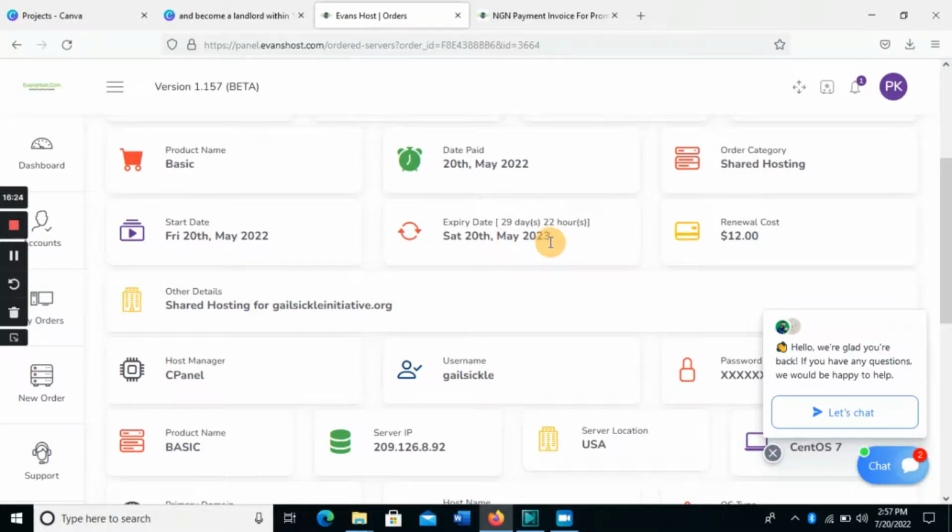Do you understand? It will expire 2023 rather. Do you understand? 2023, and this is when I purchased it. So this is just everything about it, and this is how you can purchase your domain